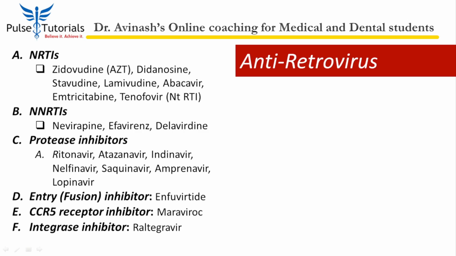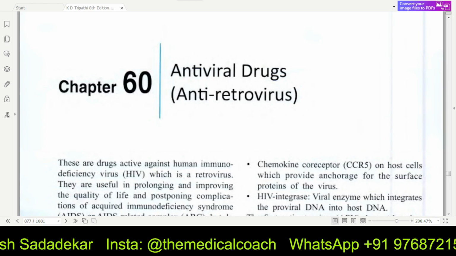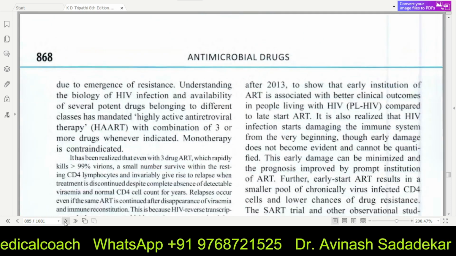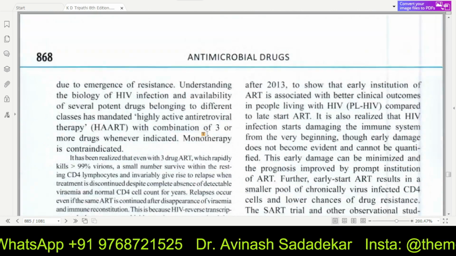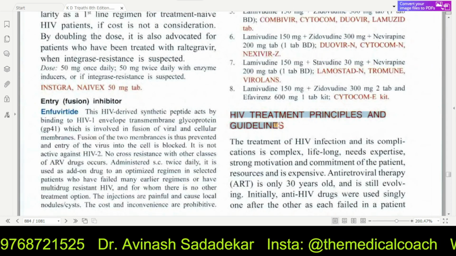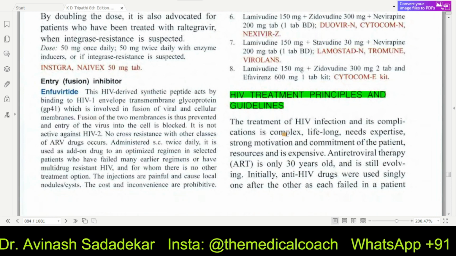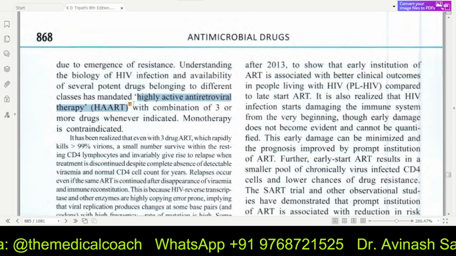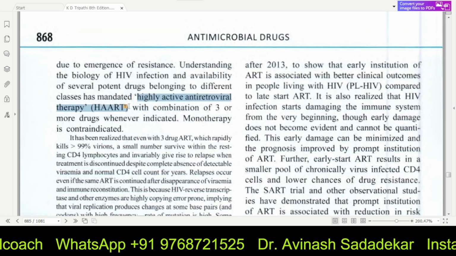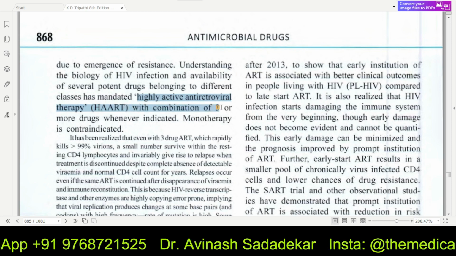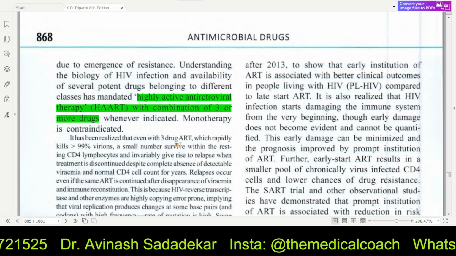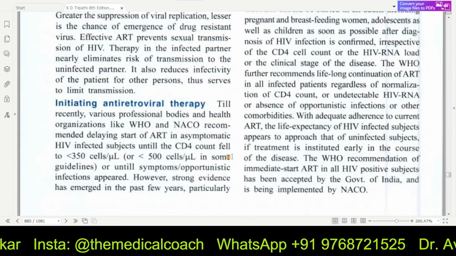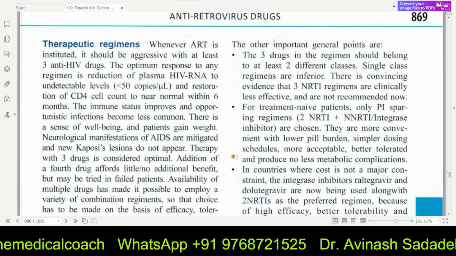Okay. Now once you're done with this, use your textbook, go a little bit forward, and here they would have given you something called HAART, the HIV treatment principles and guidelines. Start reading just as if you're reading a novel. It's not really to be done in detail. You need to know what HAART is, highly active antiretroviral therapy, a combination of 3 or more drugs whenever necessary. Monotherapy should not be done, otherwise resistance starts. Okay, so all this is not needed. Nobody wants to do all this.